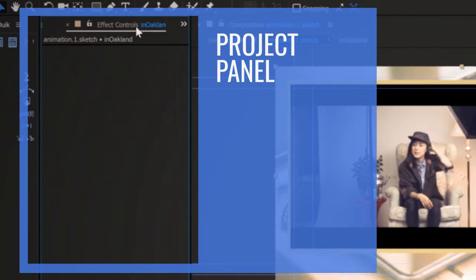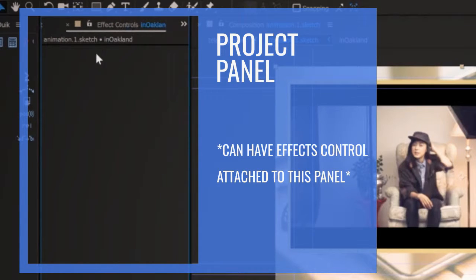If I click over here, you'll see that this is the effects control for animation 1 sketch in Oakland. So there's no effects here. I'm guessing